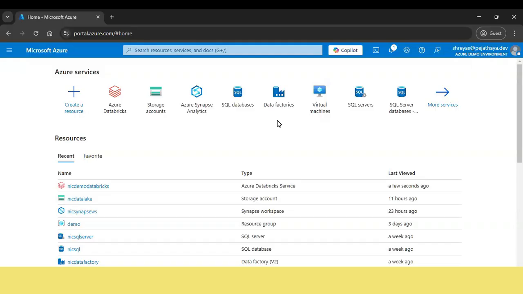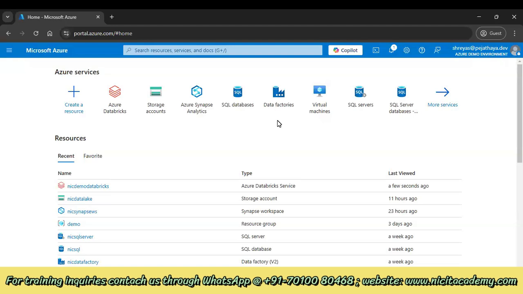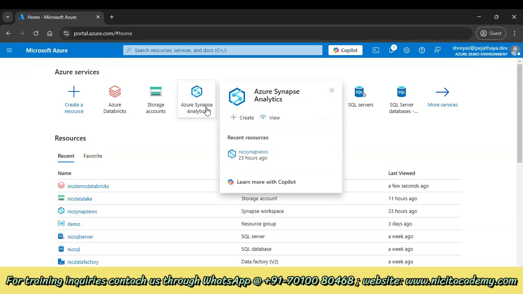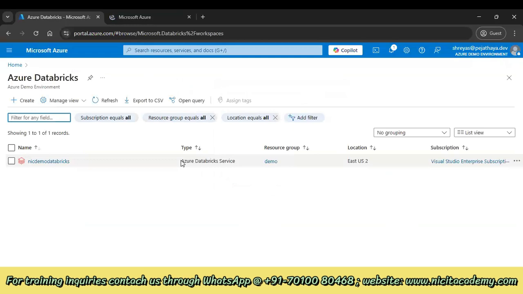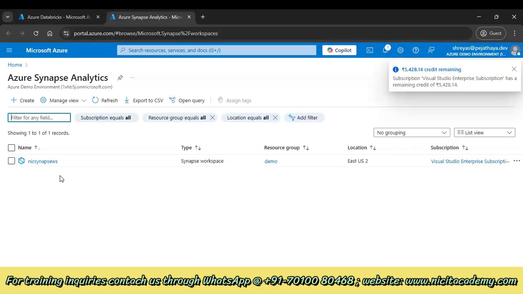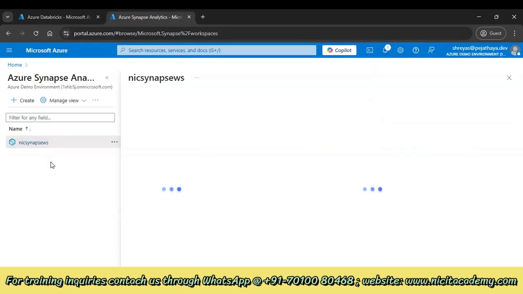Apache Spark, right? We tried to understand what Apache Spark is, how it works, and how you work with it. Now, to implement or use Apache Spark in Azure, as I said, there are two ways. One of which is here in Synapse Analytics. I can open Synapse for you, and I can also open the second option, which is Databricks. So Synapse, since you've already seen how to work with and create a Synapse workspace,